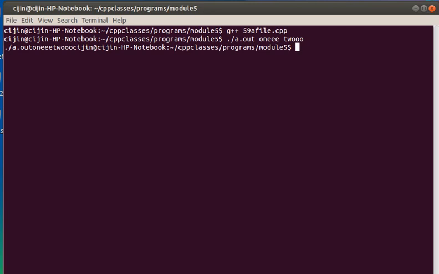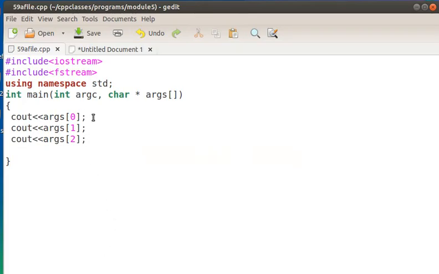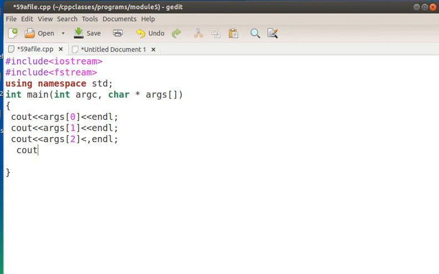We have not given the end line, so we will give endl also. Also we will print the number of arguments, cout, it is stored in argc, endl.